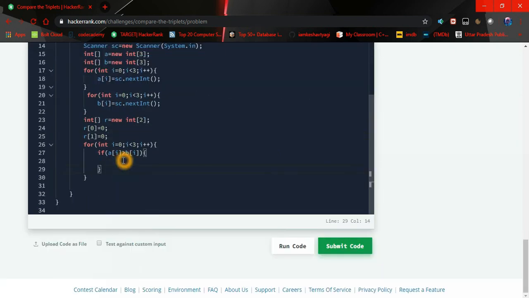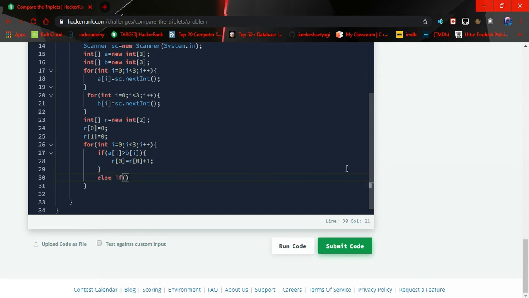So if a of i is greater than b of i, then what we have to do? We have to just increment r of 0 by 1. So we can simply write it r of 0 equals r of 0 plus 1. And now we have to use an else if condition.